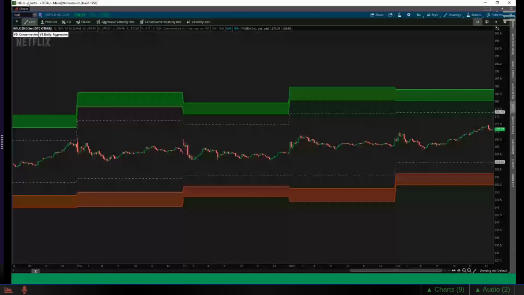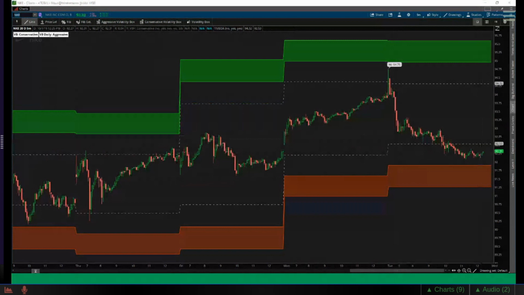Let's move on. So Nike, 1.72. We see Nike is far closer. This dashed line is sort of our equivalent of the cyan dashed line here. So if you were looking to aggressively participate,